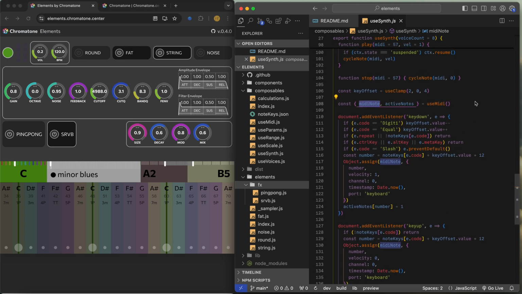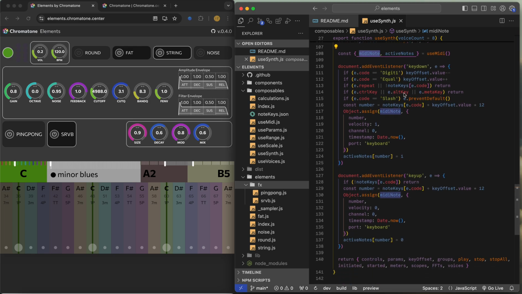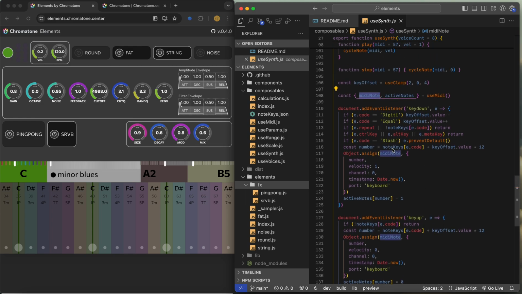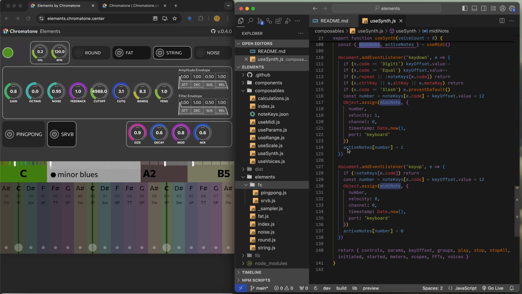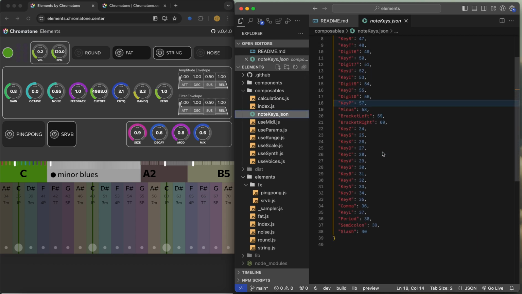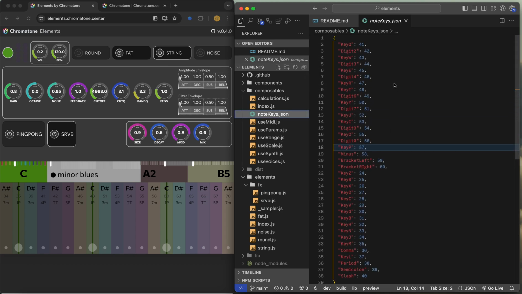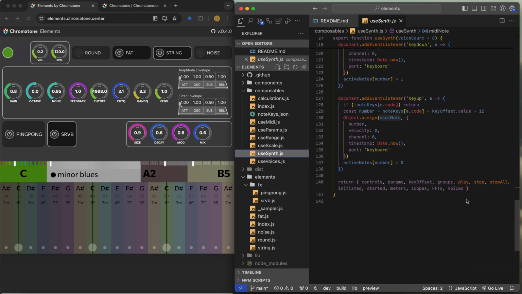So yeah, MIDI note, we also have the assignments for keyboard right there. So key down, key up, and the list of keys is imported from note keys. So it's a beautiful config file. Maybe you might change it if you want, or extend it somehow. And that's it. We just export everything right there that can be used,